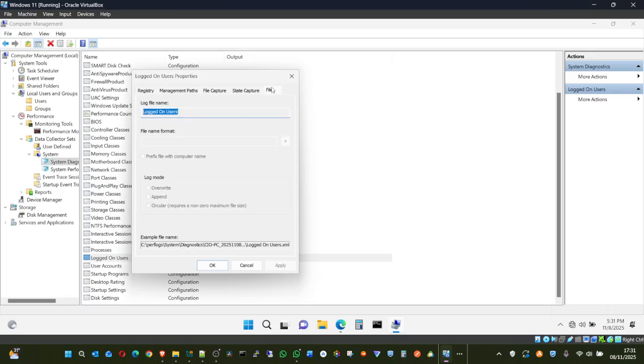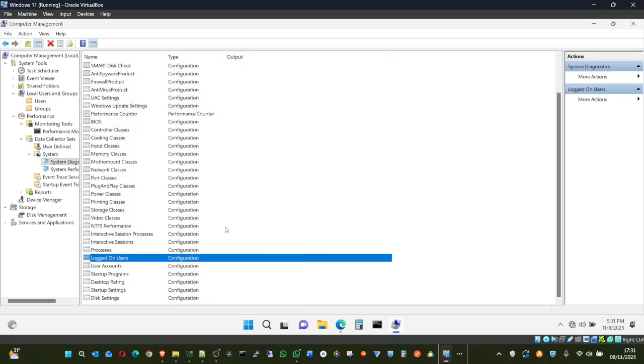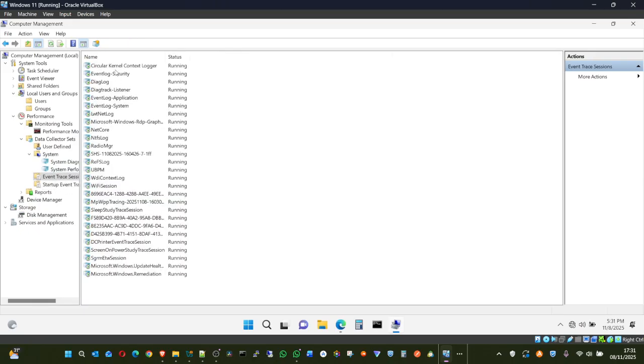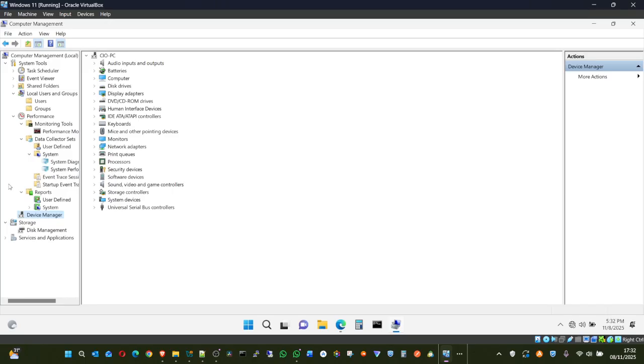And it's so much deeper than this. In fact, I would suggest let's not even go to this place. It's basically for programmers and the likes that get into all these areas. But I just need to say where some of all these things come from. This is where reports on activities, user defined reports, system generated reports, all of that are being taken from. Then our device manager that I showed earlier, you can see that one right here.